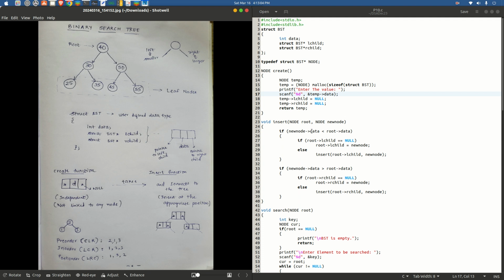So how do you access the particular component? By using the arrow mark, new node arrow mark data. So if new node of data is smaller than root of data, root is this root node. So if new node of data is smaller than root node of data, we know that it has to go to the left. Hence,